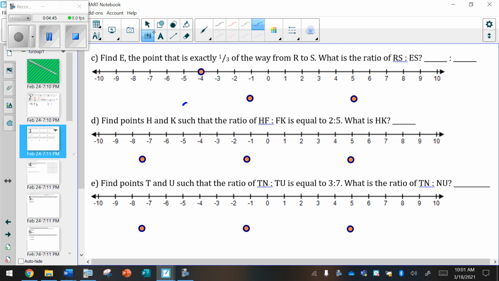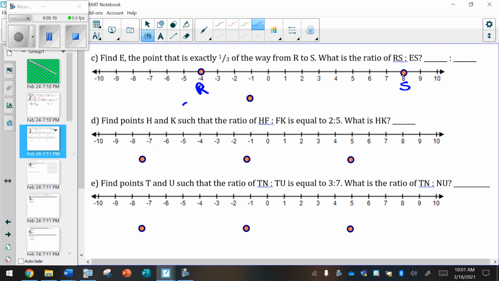So that'll be R. And then point S we'll put up here at +8. And we want to find point E that is exactly 1/3 of the way from R to S. So what I did last time is I counted spaces: 1, 2, 3, 4, 5, 6, 7, 8, 9, 10,